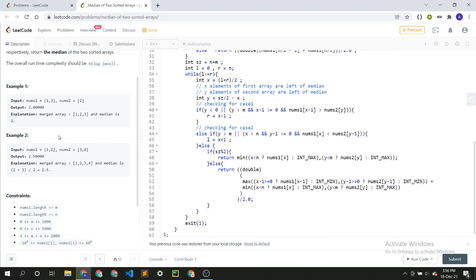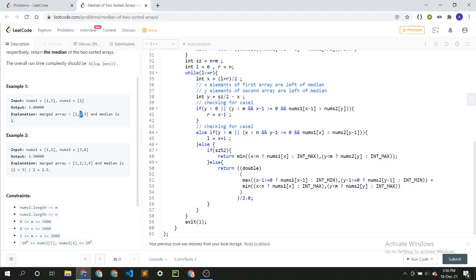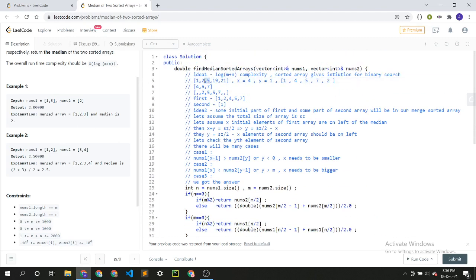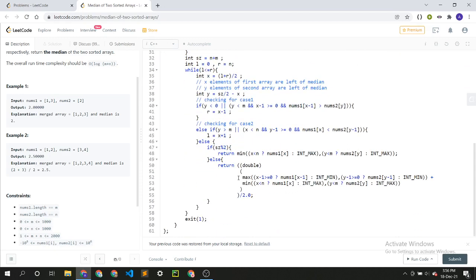And the second element will be same as here. If I took this many elements from this, this many elements from this, either this element or this element will be our second element, whichever is smaller will be our second element. So that's how I take the second element, whichever is smaller, nums 2y, and I divide them by 2. I'm converting these to double, and I should not reach here, that's why I put exit 1 here. This just returns a runtime error whenever I reach here.